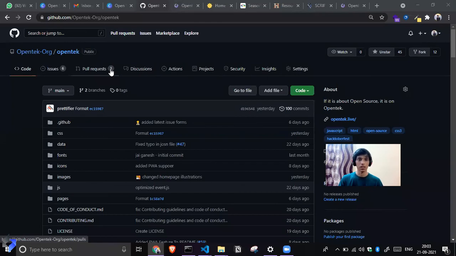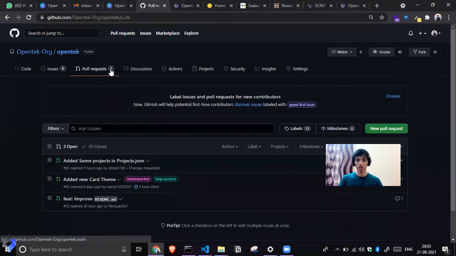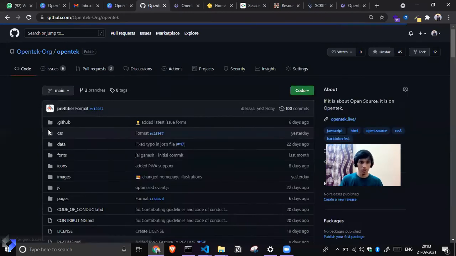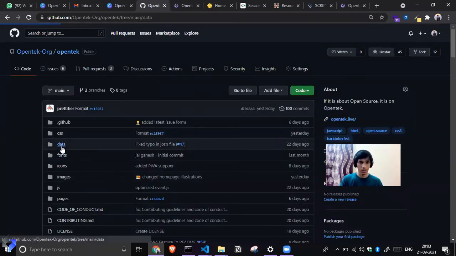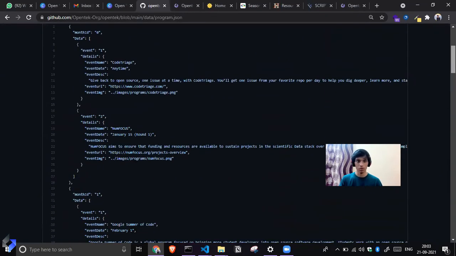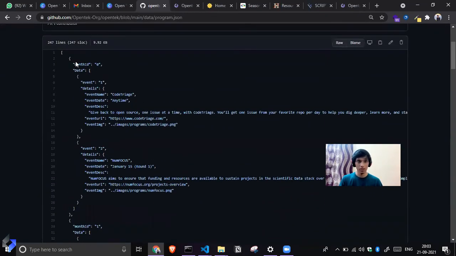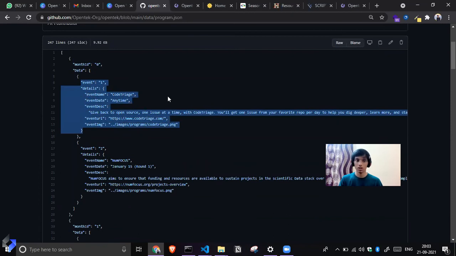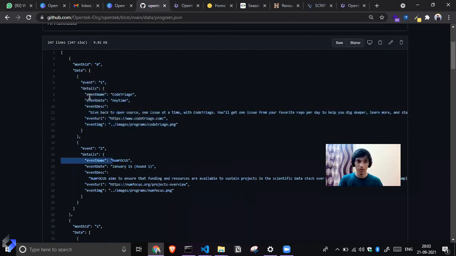Imagine I am working in this program.json, and in this event one, I am adding code triad, but someone else is also working on this page, and he or she is adding num focus here.